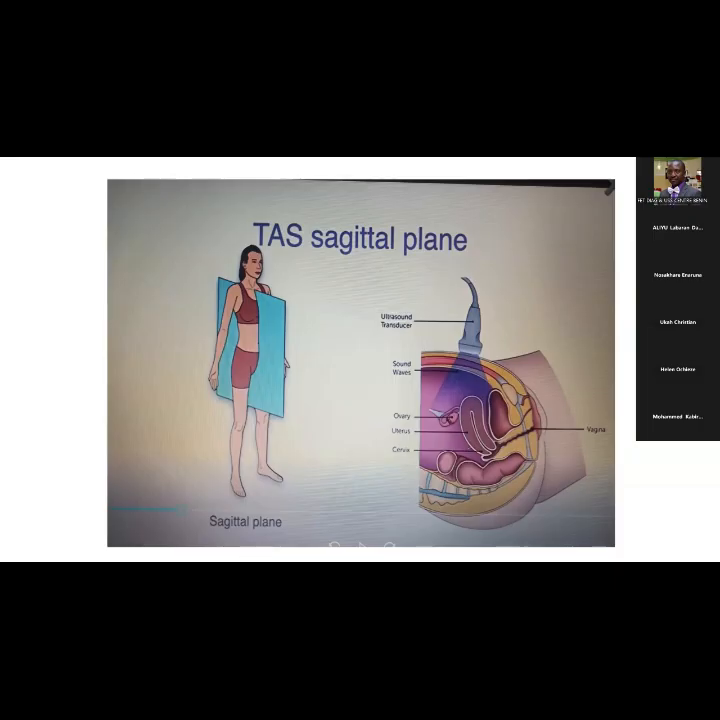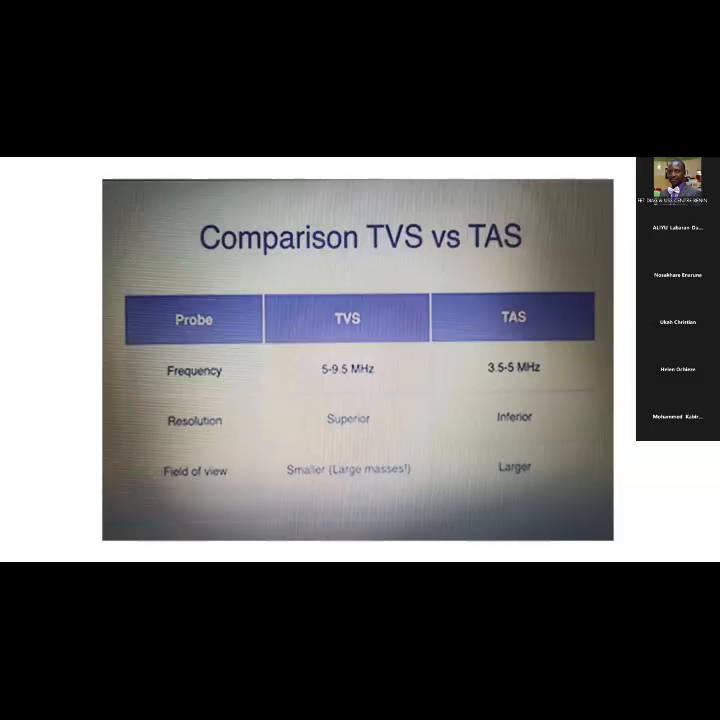This is what you see. And then for the transvaginal probe, the frequencies are usually higher, and so you get better resolution, but you see only small areas. So you can't see very large masses. If you have a large uterus and you start with a transvaginal probe, you will need to assist that examination with a transabdominal probe. So for the transvaginal probe, you get better image resolution,